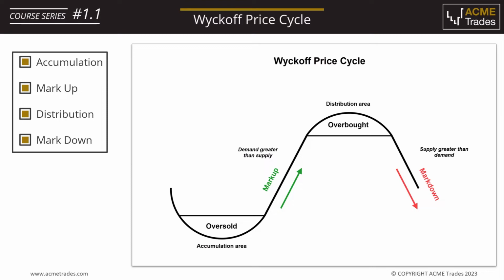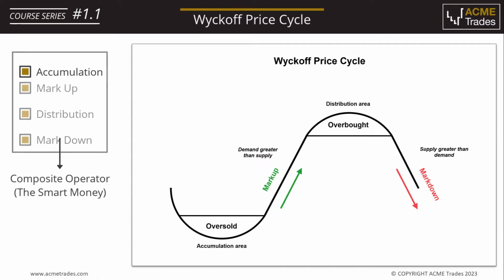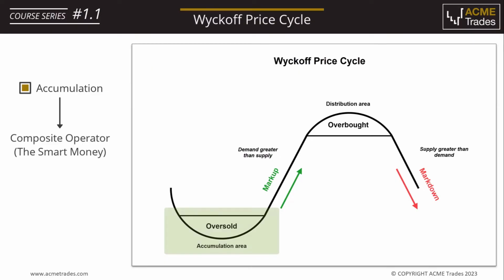These phases within Wyckoff are controlled by an entity known as the CO, the Composite Operator, also known as the smart money. The well-informed, the strong hands, traders with great influence. Within the accumulation phase, the CO are accumulating stock. They are actively buying. There will be a price area which is deemed to be of value, and they will buy consistently until they